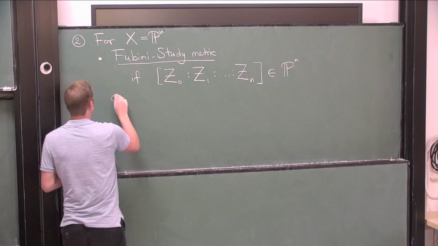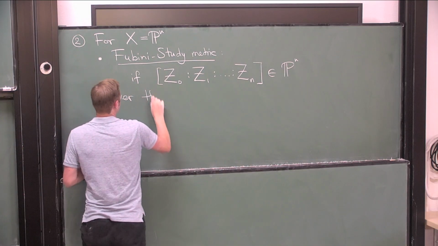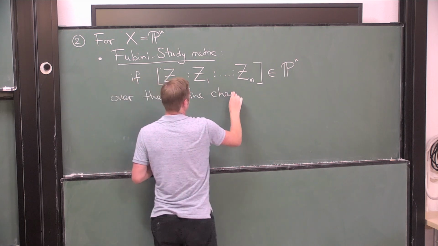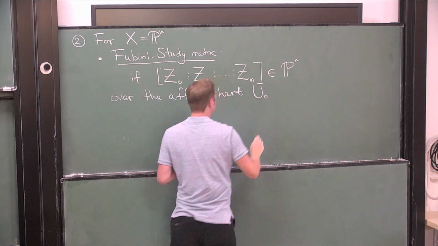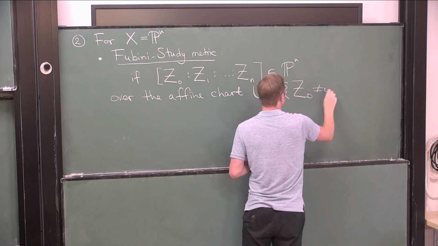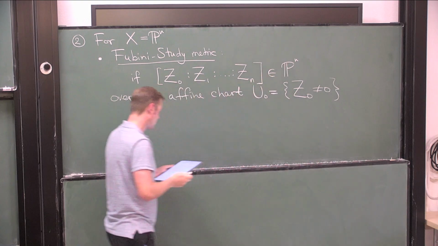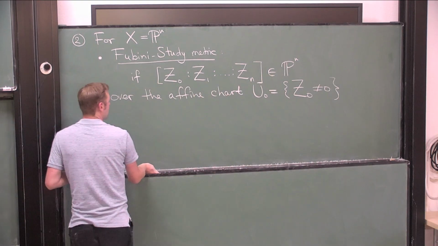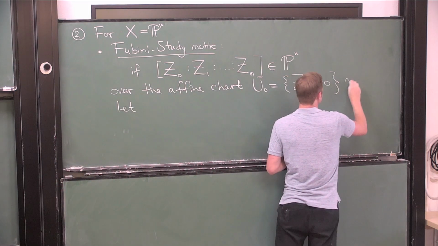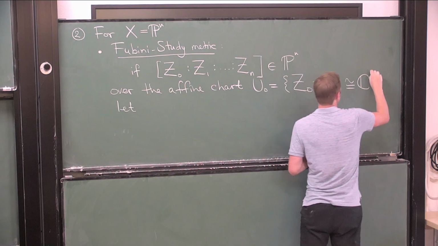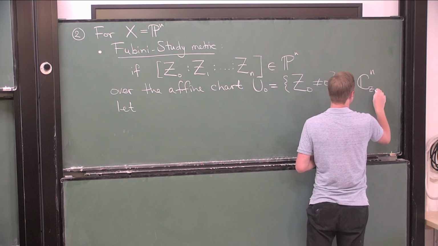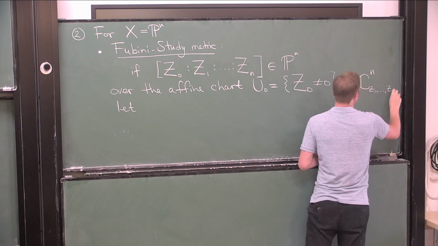So for example, over the affine chart U0, which remember is the chart where Z0 is non-zero, I'll identify this chart with a copy of C to the n with coordinates little z1 down to zn,